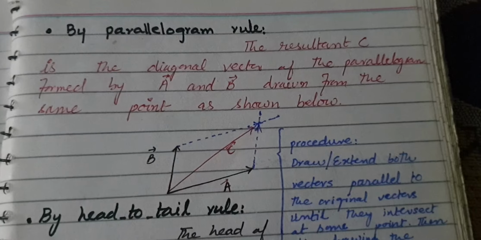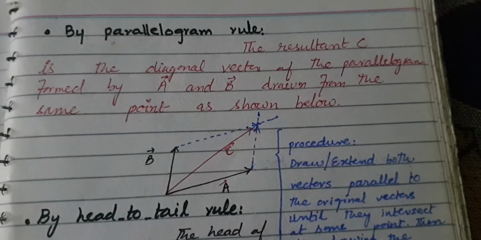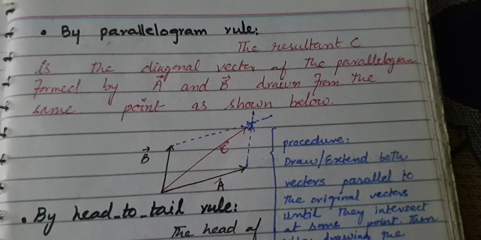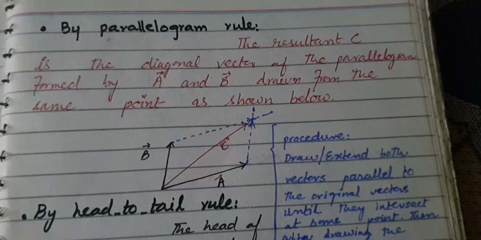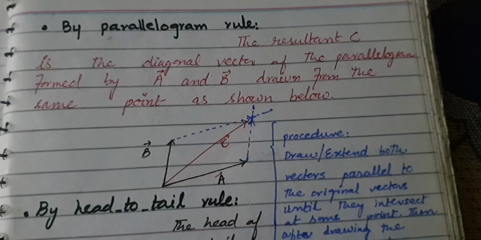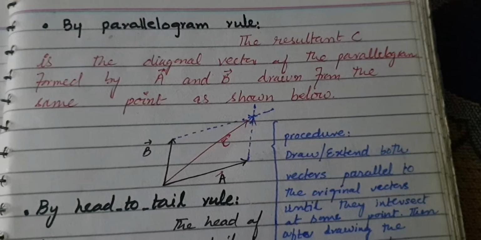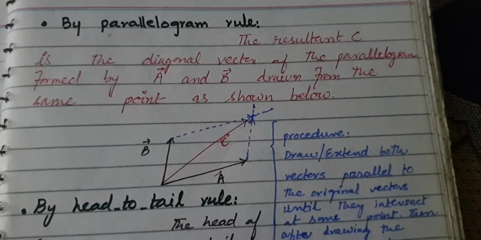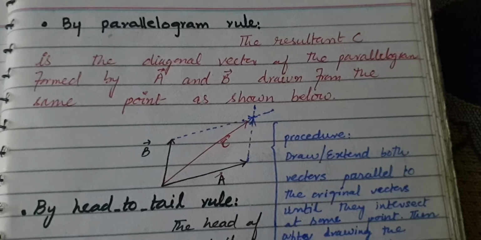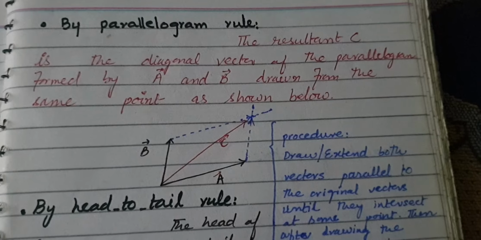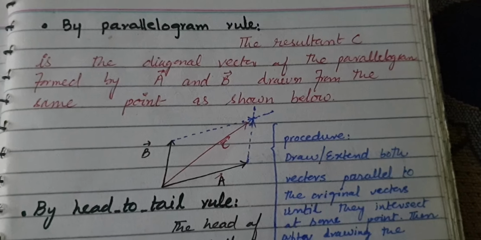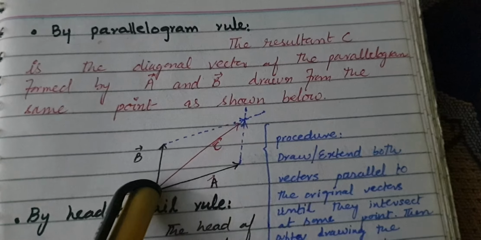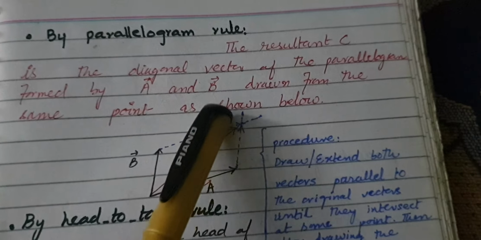All right, so the parallelogram rule says that we can obtain any resultant vector C as a summation of A and B by drawing a parallelogram. And how this parallelogram is drawn, for this you need to drag any of these two vectors parallel to the other and then join their head to tail. All right, after joining their head to tail we can connect the tail of one vector with the head of the other vector.